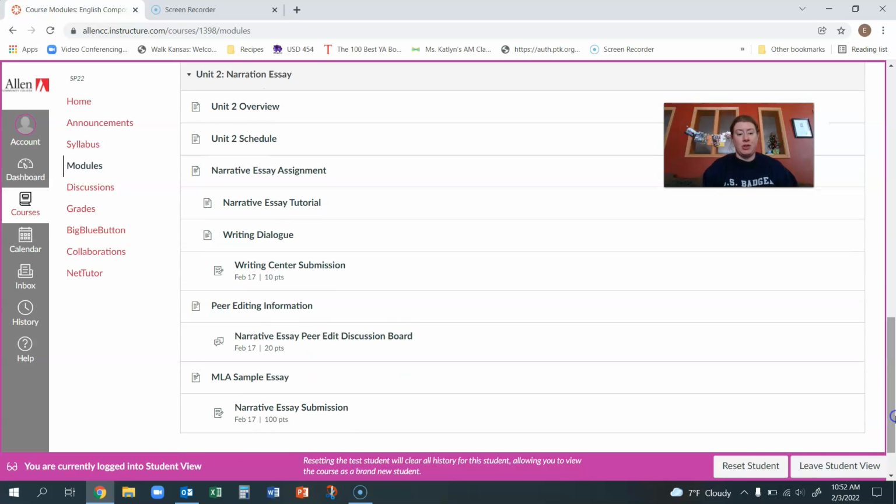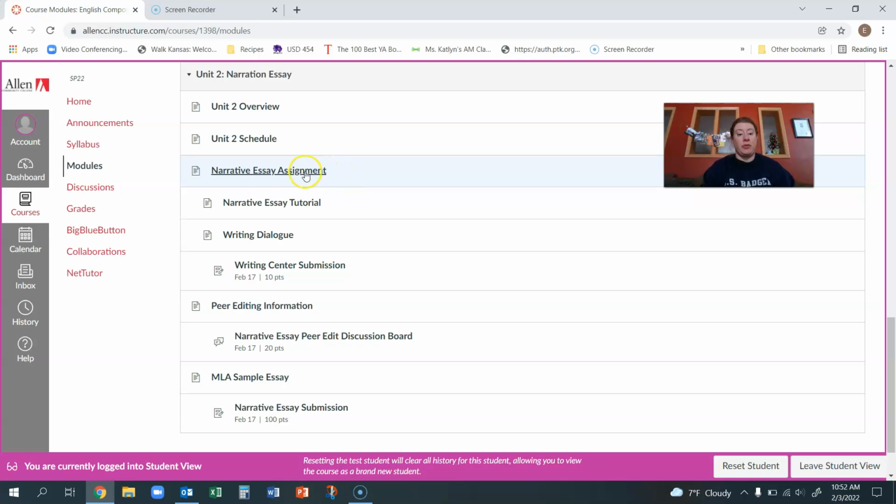And this is our second unit. Just opened it up and you can see that our schedule is now wrong because obviously we're not meeting today. But what we were going to do for the second unit was talk about writing the essay itself. And so we were going to go over things like organization, how to build tension in your story, what to include in the story, dialogue, that kind of thing.